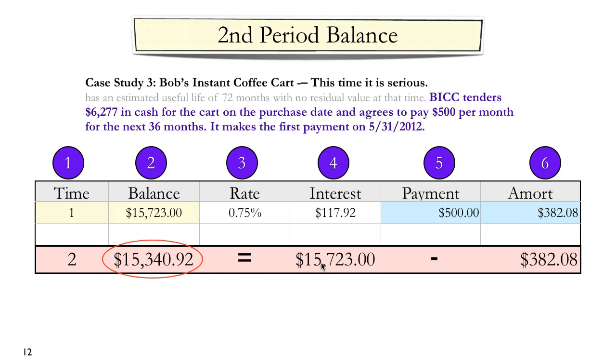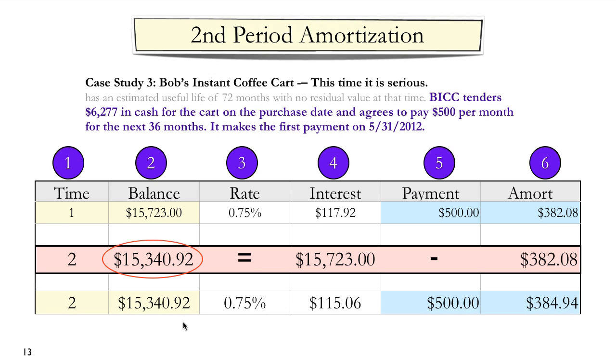We just take the opening balance in the current month, subtract off the amortization in the current month, and that gives us the opening balance in the second month. We can then calculate the interest expense and amortization in the second month, just as we did the first, starting by taking column 2 times column 3 to get interest expense, and then taking column 5 minus column 4 to get the amortization of the